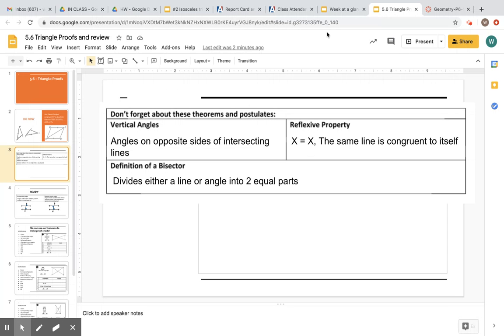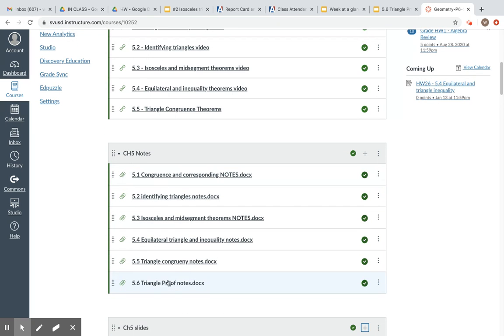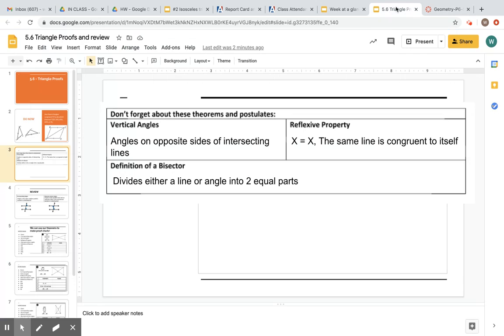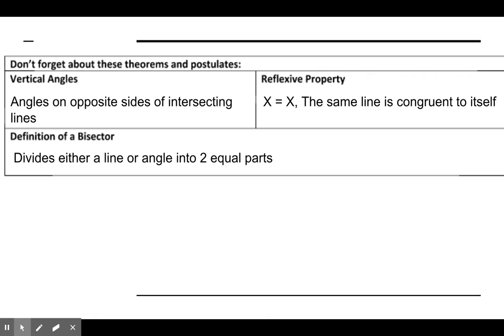Also here, if you go into Canvas, updated with chapter 5, you can pull up the notes for 5.6. That's what we're talking about here today. So just real quick, going over some review vocab words that we've learned earlier on in the school year, but they're going to pop back up